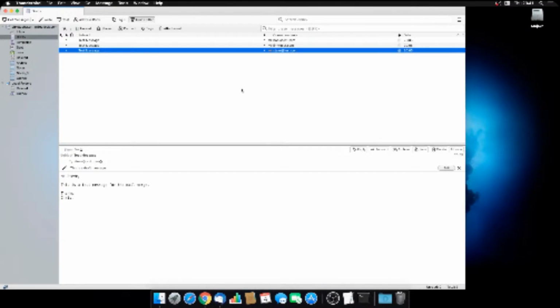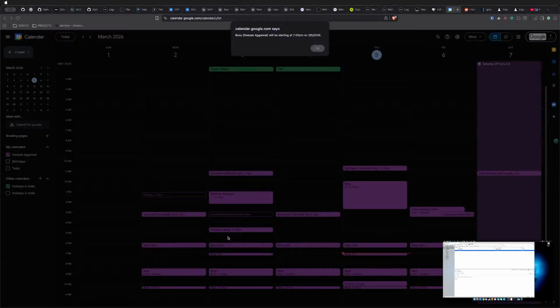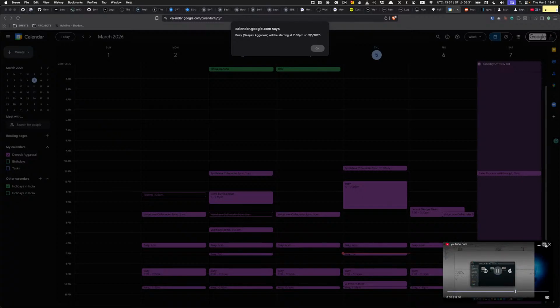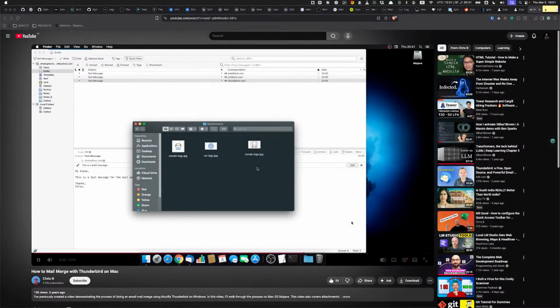Okay, we're going to do this one more time, and this time we're going to use the attachments functionality so that we can send a unique attachment to each of the mail recipients. So if I go to my Documents folder, I've added a folder called Attachments, and within that folder I have 3 files, just 3 car logos, and one thing to note is that the capitalization of each of the file names is all